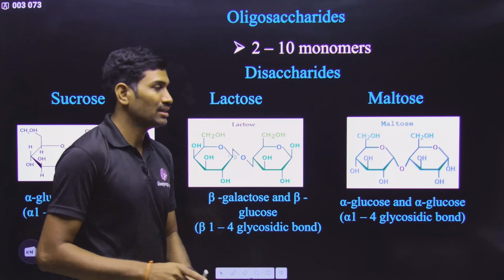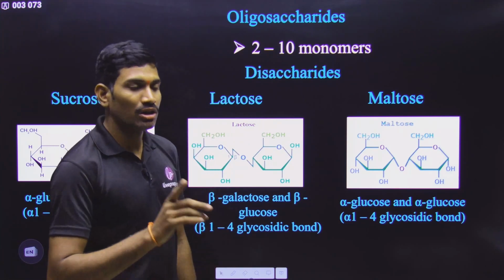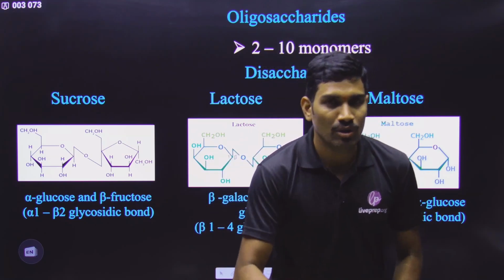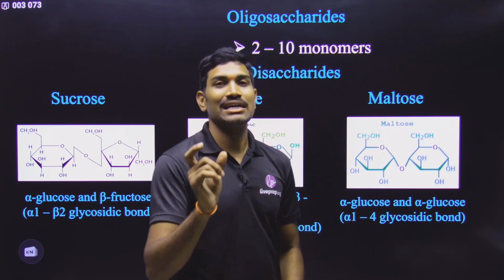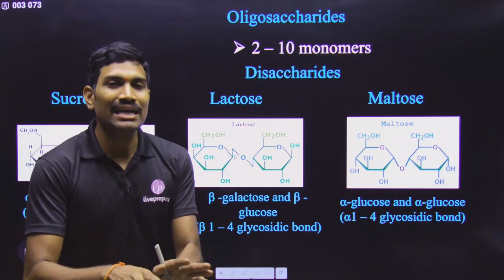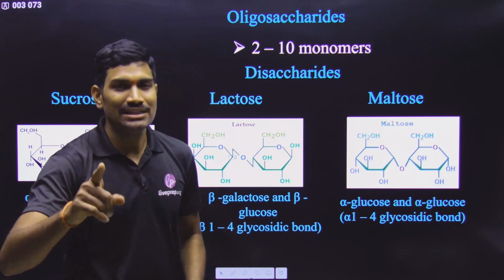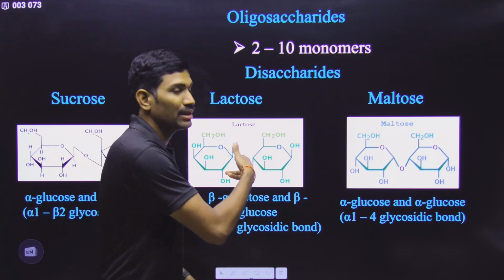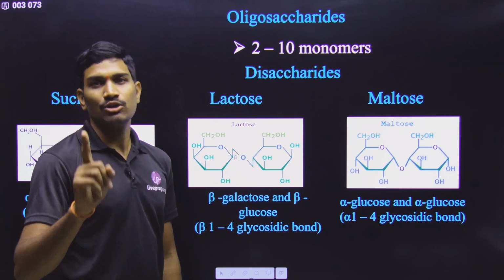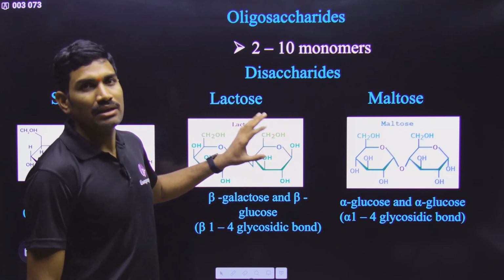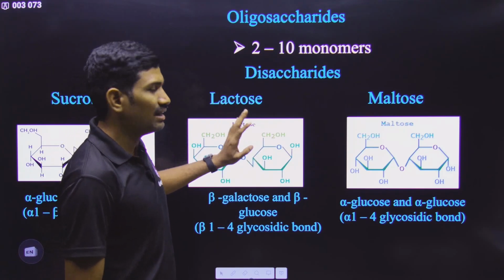So please remember this. And regarding this lactose, you also need to remember this, because in class 12th chapter called MBI, molecular basis of inheritance, there is a concept called lac operon, lactose operon. There we will study an enzyme, and that enzyme name is beta galactosidase. That enzyme also can break this particular bond. You need to remember this. In that chapter I will talk more about this particular sugar. Okay, this is about lactose.